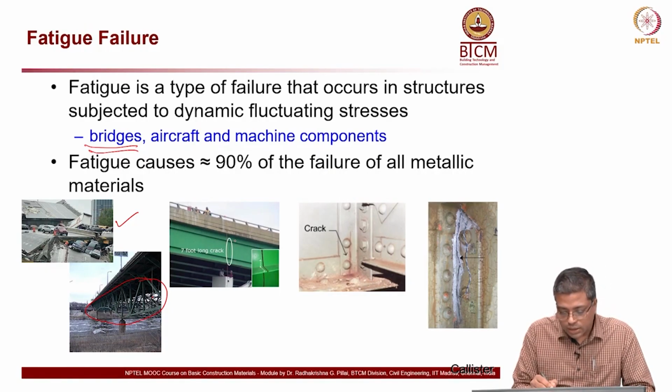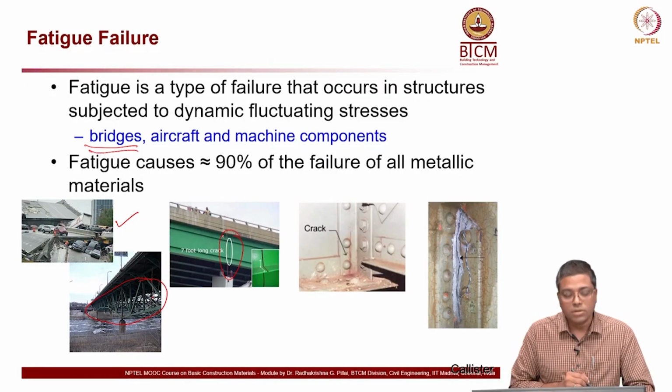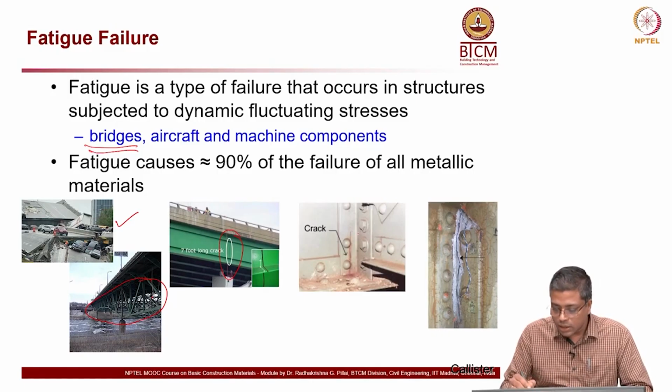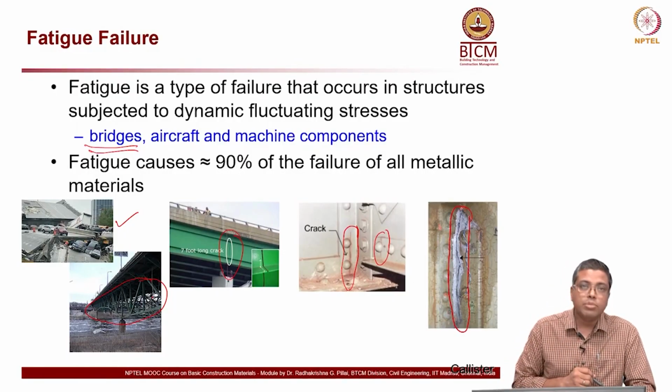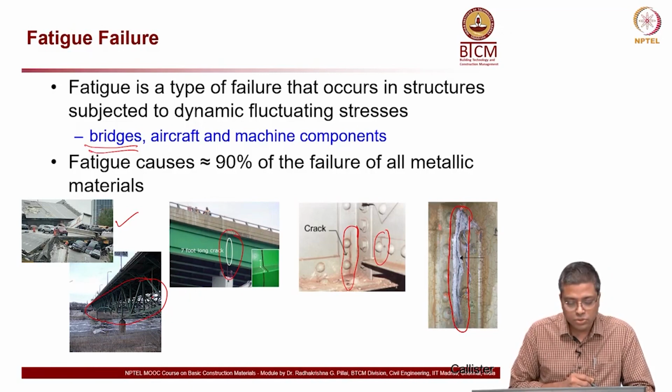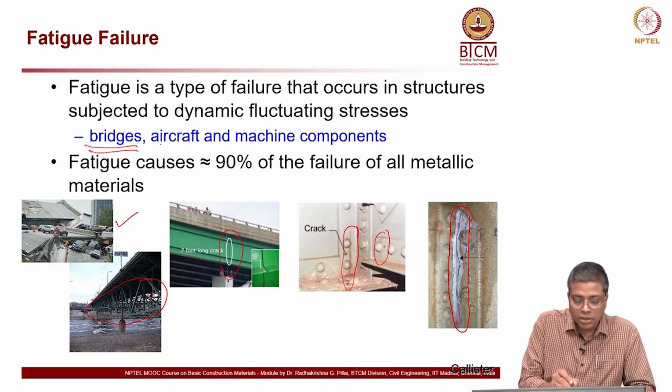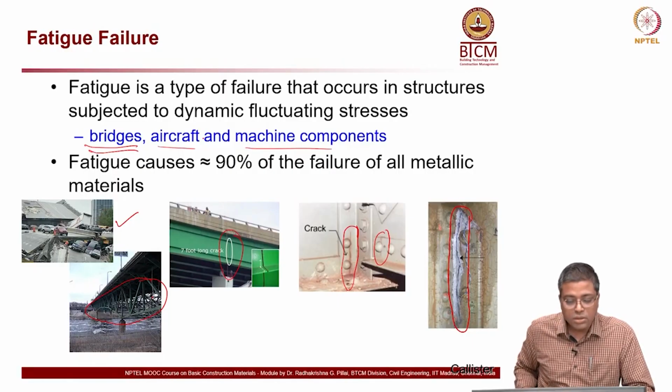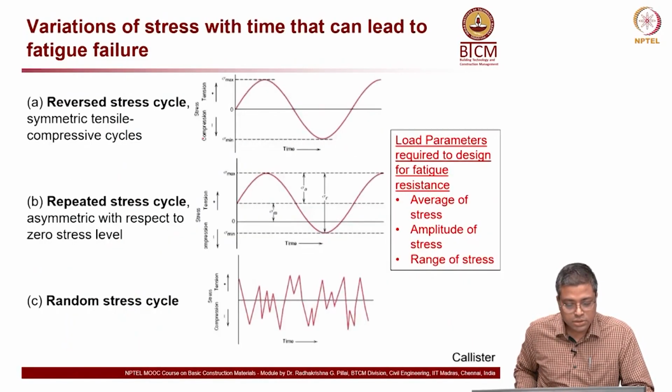And you can see another example where there is a 7-foot long crack on a bridge. Okay, it is a steel girder. Here is another example where there is a crack on the steel members, and here is another crack which you can see on the steel member. So, there are many steel bridges which are vulnerable to fatigue failure. And also other industries, when we look at aircraft, machine components, all those also experience severe fatigue related distresses.